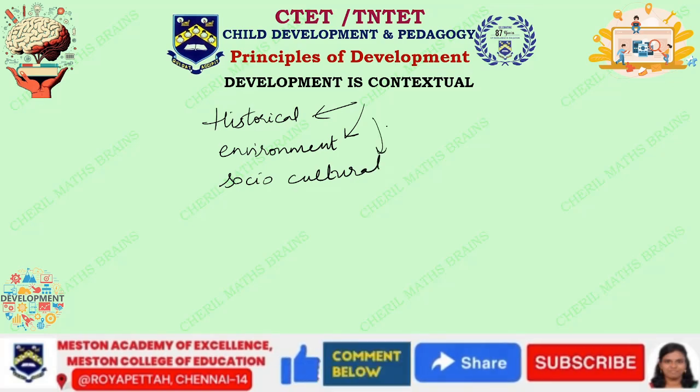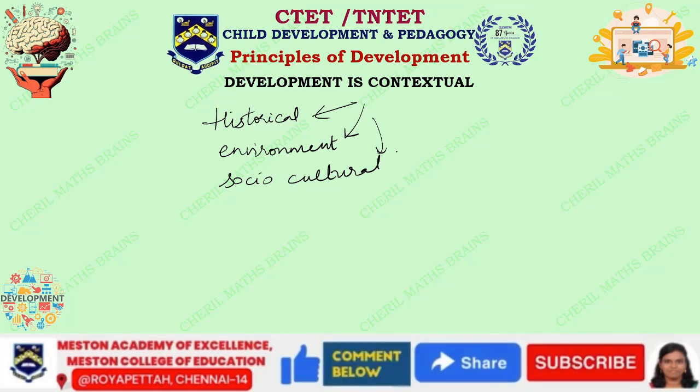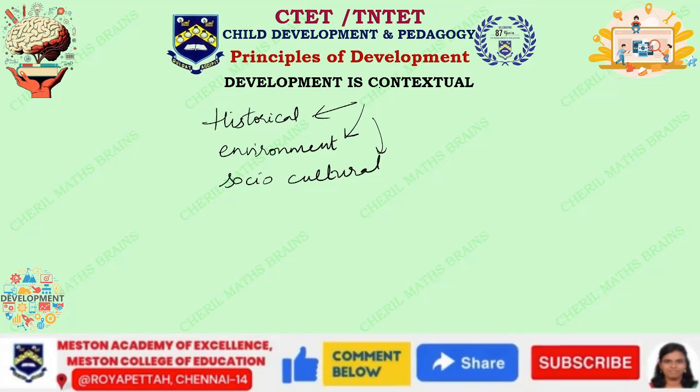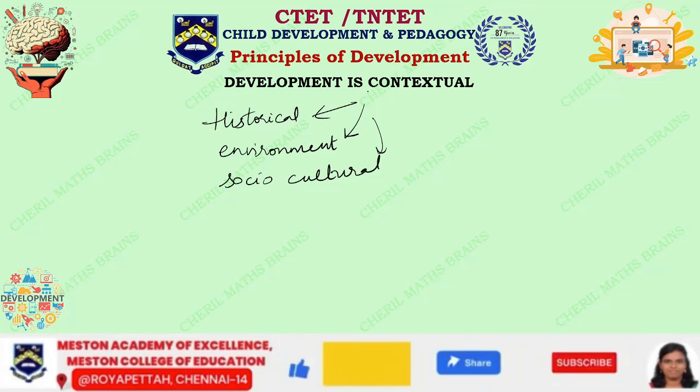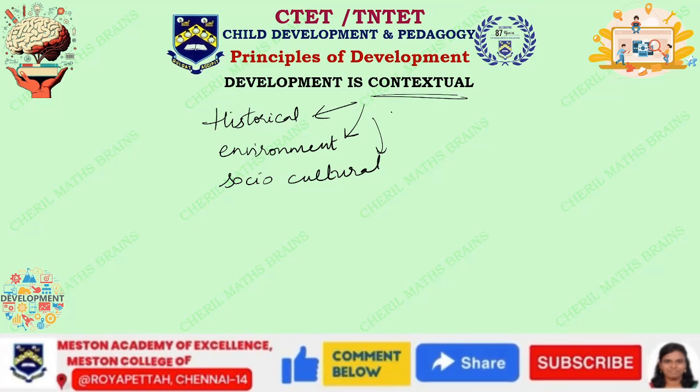A child, depending on what he or she experiences, might show a change in behavior. A child who is kept very happy and merry in infancy and toddlerhood might grow out to be a very confident person, and it can be vice versa for another child. So this is all contextual, with respect to how the child is exposed to the environment and what kind of experience the child gets.